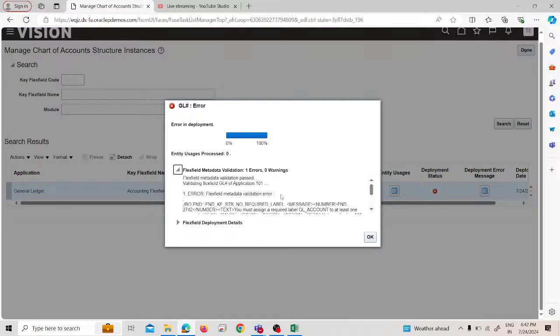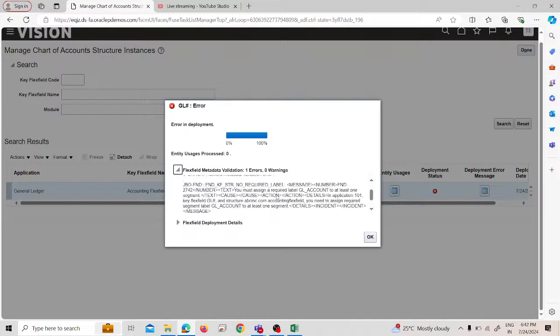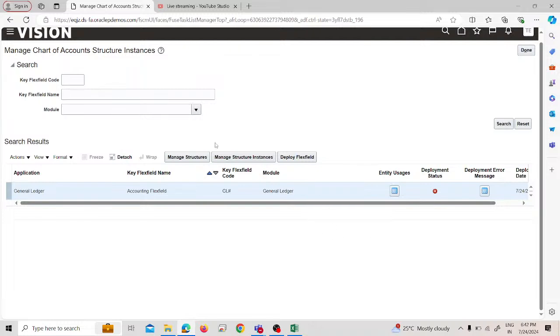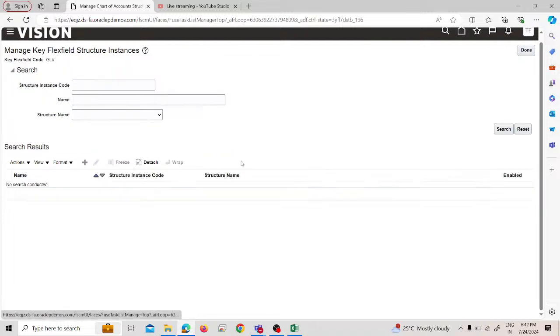Okay, so why did this error occur here? This error occurred because of the sequences that we have discussed. Okay, so we will click on OK, and again on manage structure instances we will go, and we will select a